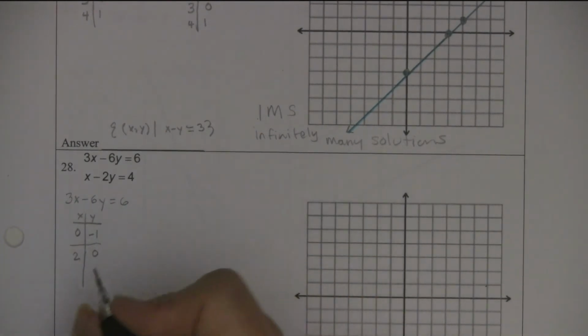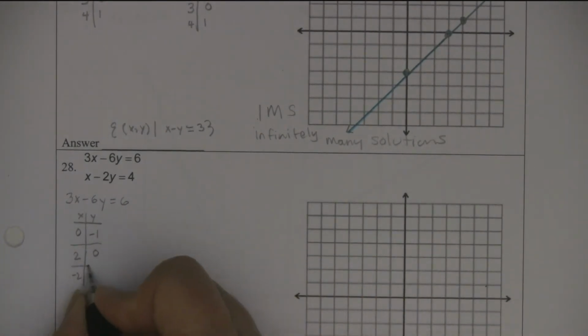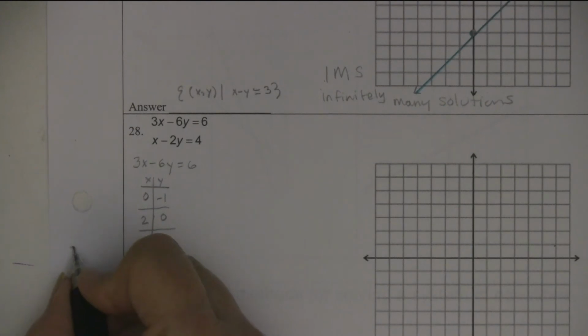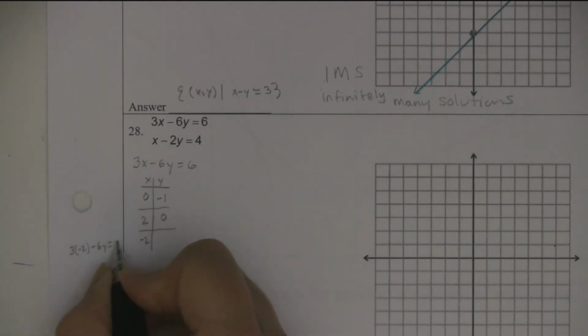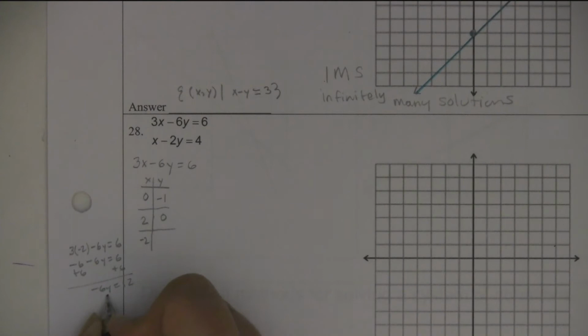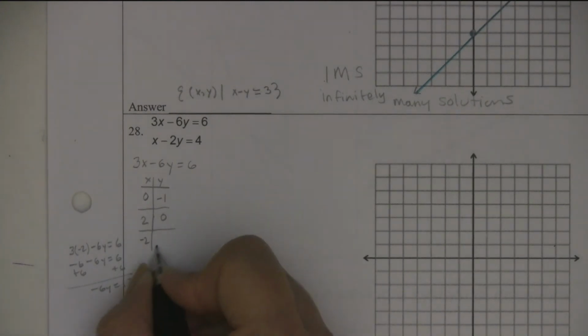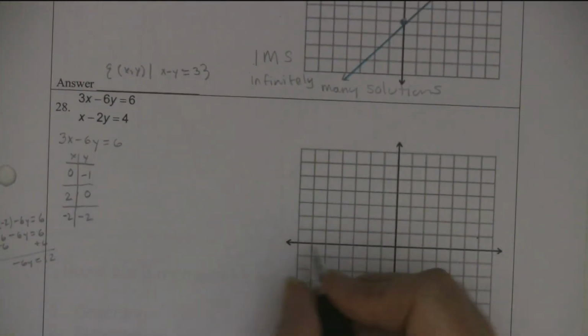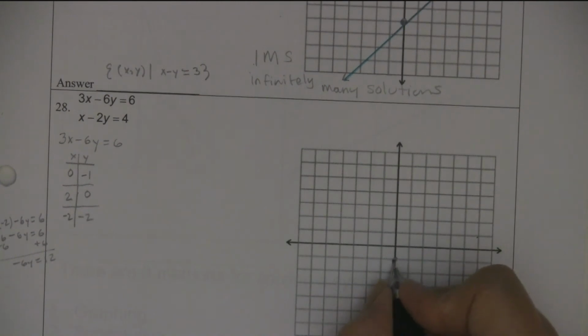Let me see. What if I chose -2? I'm trying to get a whole number. Although if I didn't get a whole number, I'll just live with it, whatever. It'll be okay. And so this is -6 minus 6y equals 6. Adding 6, going to give me -6y equals 12. So -2, that worked out good. So 0, -1, 2, 0, -2,